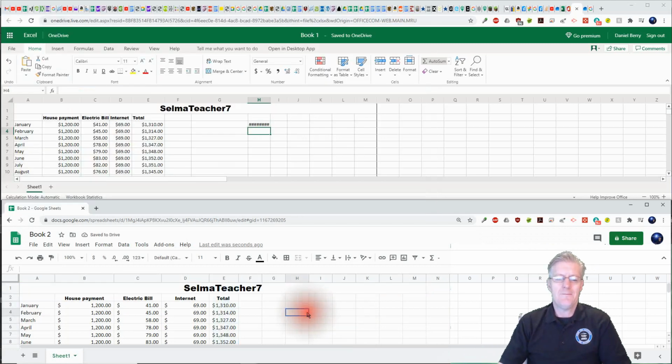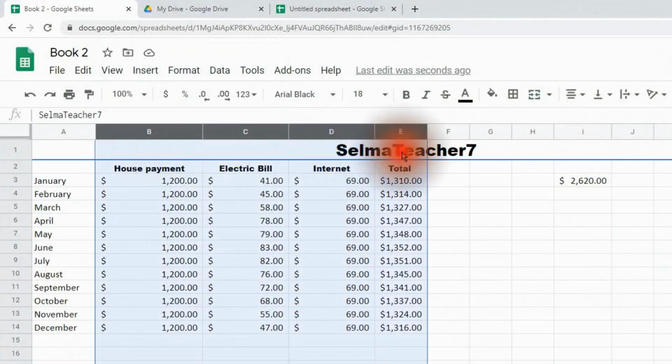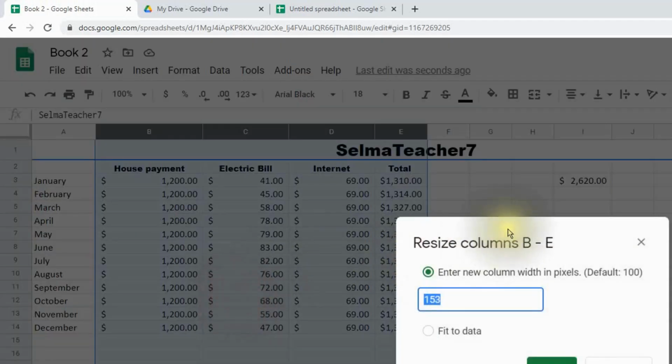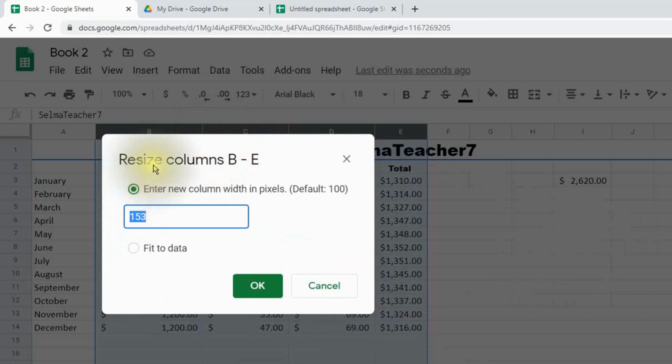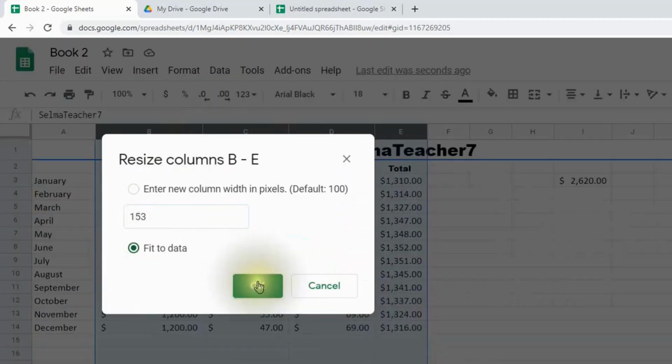Now normally when I'm working with the columns, I'll just highlight multiple columns, and I'll right click one of those, and I'll say fit to data, and then it resizes all of those columns to fit the data. And the amazing thing is, it'll narrow the columns that are too wide, and the ones that are too narrow, it'll widen those. So again, the artificial intelligence comes in handy and really saves us a lot of time.